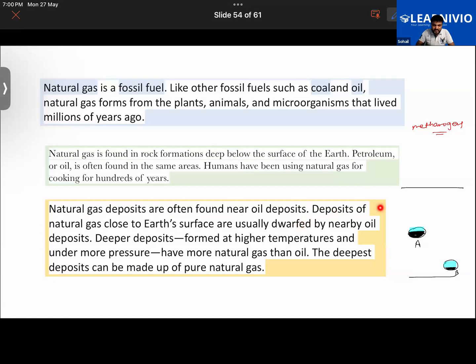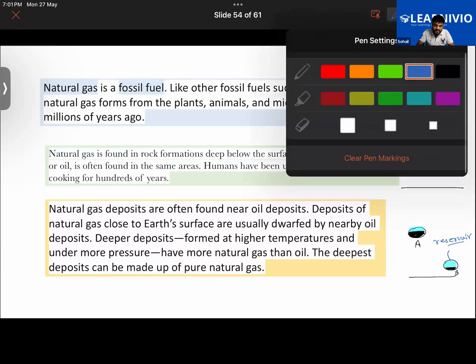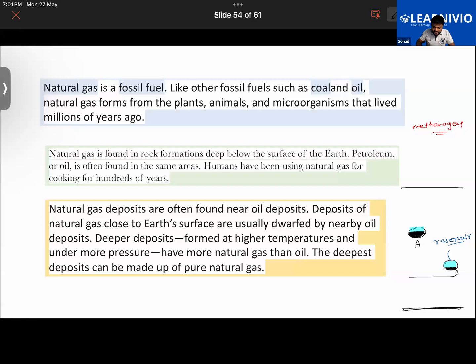So as you go deeper into the Earth's crust, in the reservoir, by the way, these are called reservoirs, you will have more natural gas than oil. And in the deepest deposits, they can be made up of just natural gas. If there's another one, C, this might be filled only with natural gas. So hope that's clear to everyone. Not getting it? See,